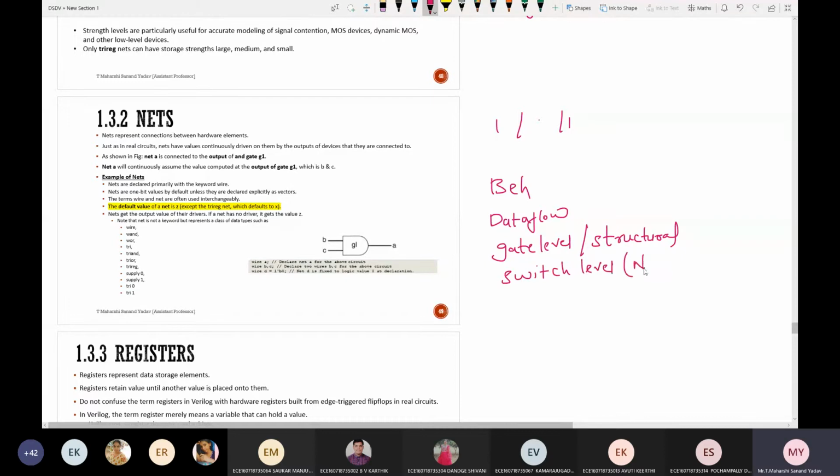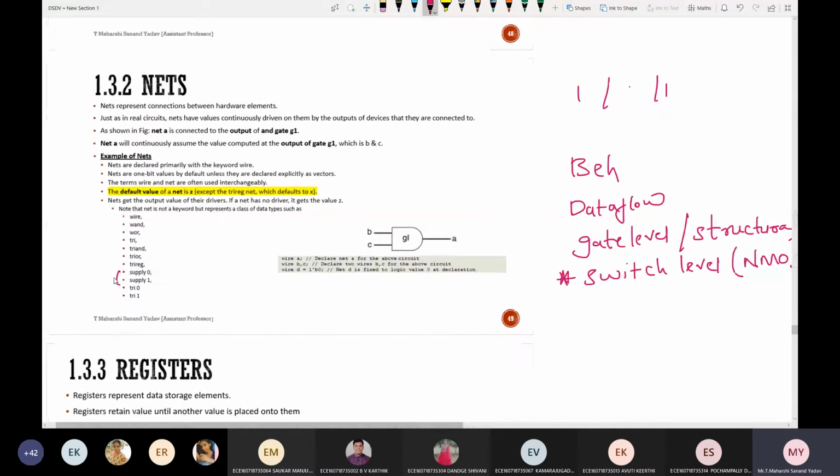Under switch, NMOS and PMOS. So within this concept, you will use these two terms supply0 and supply1. Why? Because for that particular NMOS and PMOS only, we will use VDD as well as ground. Okay, so net is nothing but a data type, and these are nothing but the classes which come under it.